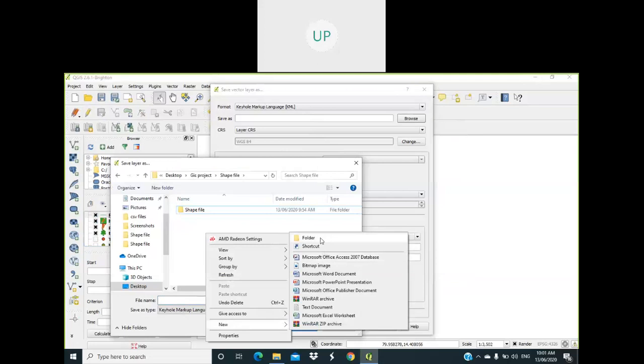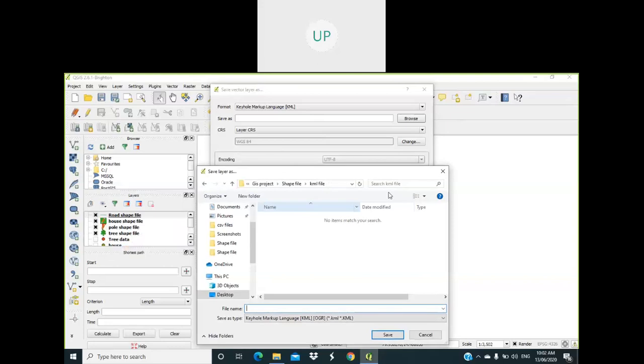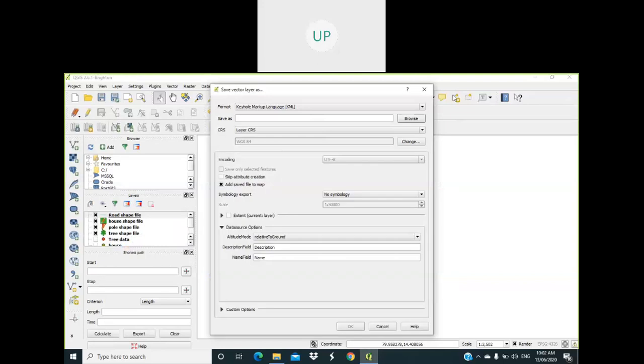So create a new folder, name it KML file, save. So now we have taken, sorry, once again I will go.